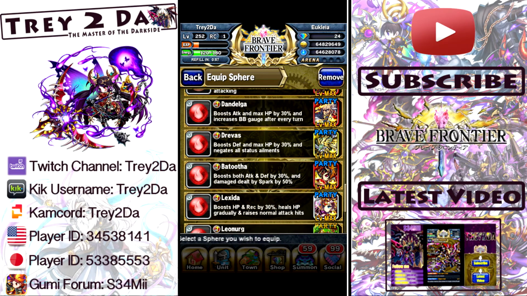And if you remember what I was talking about with the refined gem, you always want to put this type of sphere on a unit that is going to help keep status ailments off of the rest of your squad. So my X-Veil, he will never get cursed, he will never get paralyzed. That way I won't have to worry about him not being able to protect the rest of my squad from